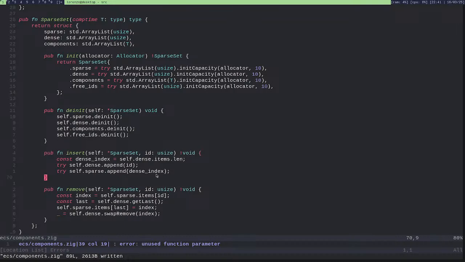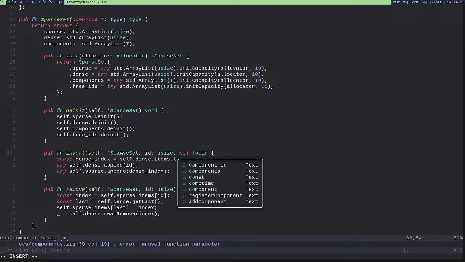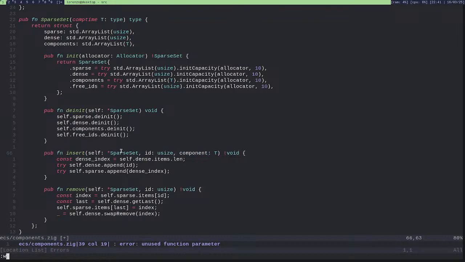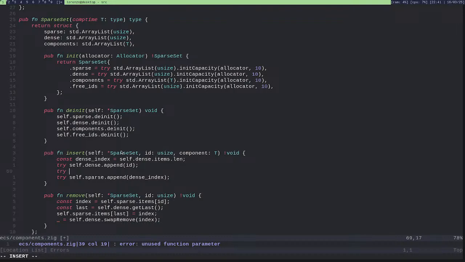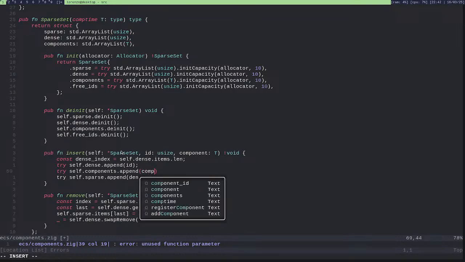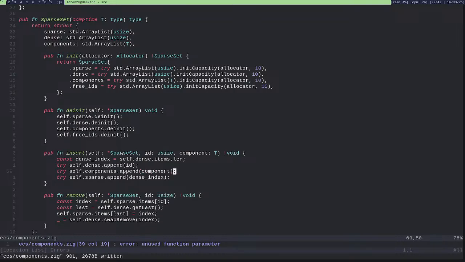And so when I insert something, I'm not only inserting an entity, but I'm also inserting a component. Self components. Okay. And here I know for sure that the dense array and the component array will be equal.